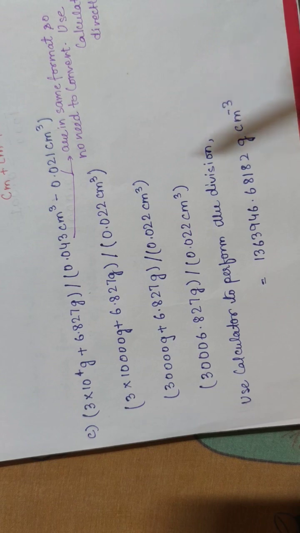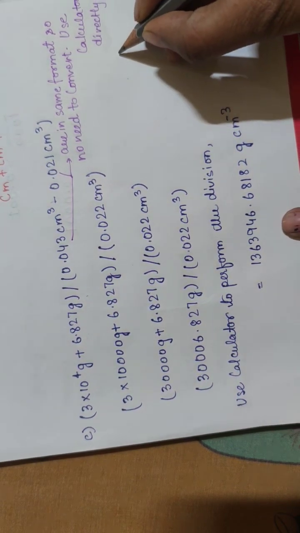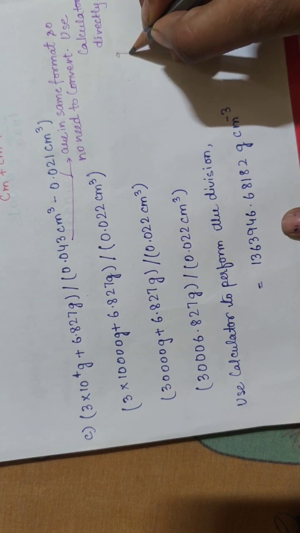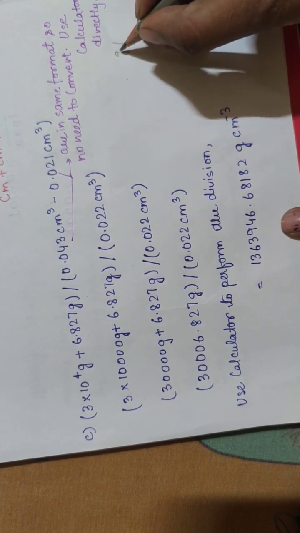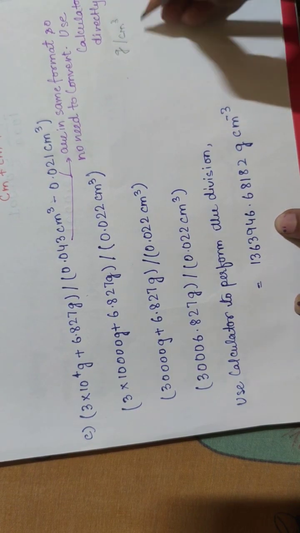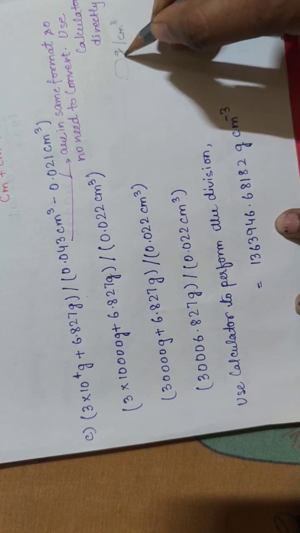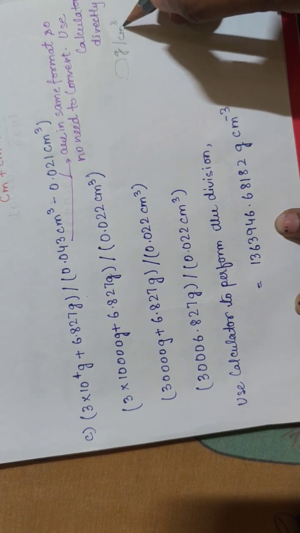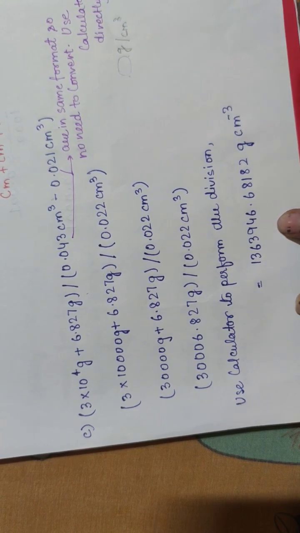So you have to first understand that you cannot divide a unit by another unit, like you cannot divide gram by centimeter cube. So you just have to write some entity with gram in the numerator and some entity with centimeter cube in the denominator and leave it like that. Okay, so